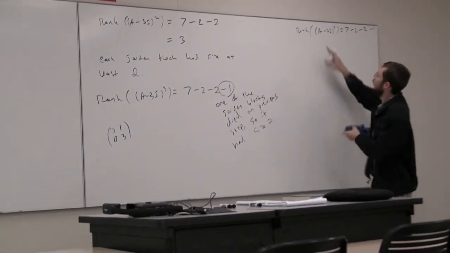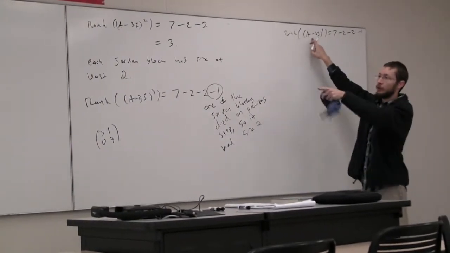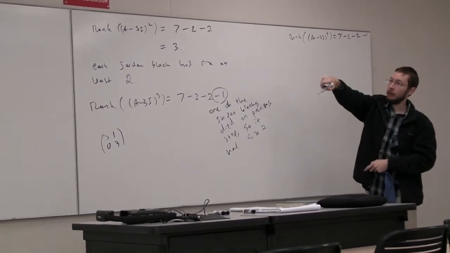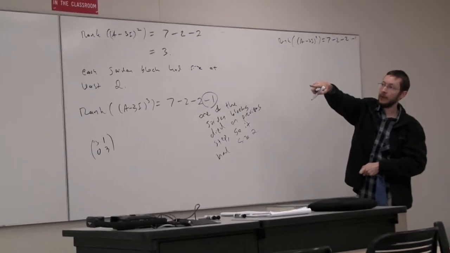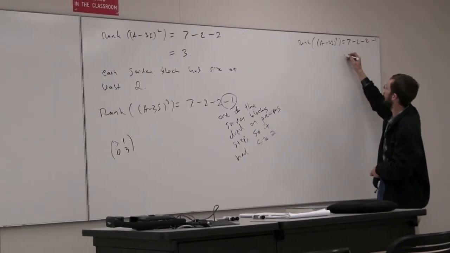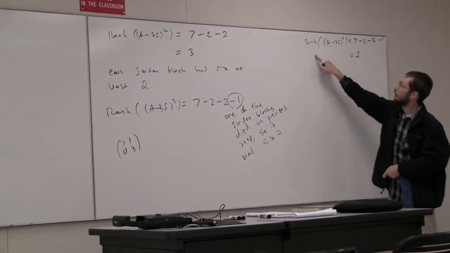The rank of this wouldn't change because on the previous one, J minus 3I to the 3rd, we already have all the Jordan blocks with eigenvalue 3 have died. So when you take this 4th power, the rank wouldn't change and it would still just be 2. And that says that